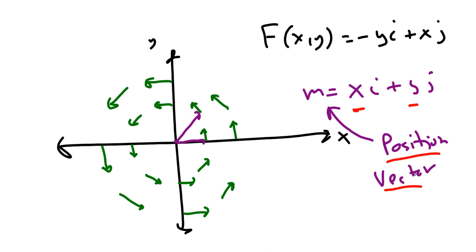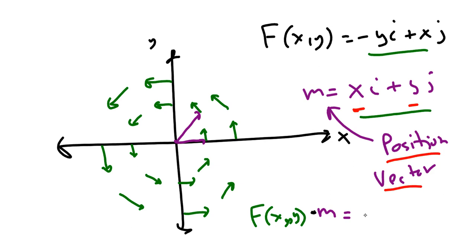So what can we do then? If we compare, for example, this vector here and this vector here, there's actually something pretty special about them. So if I do f of x comma y, and I go dot product with vector m,